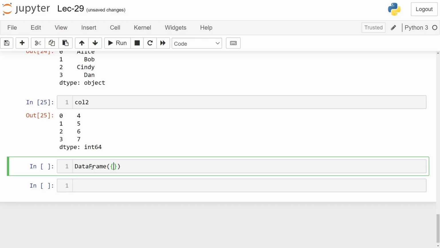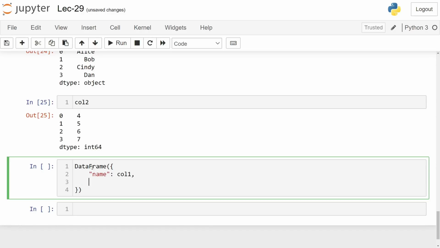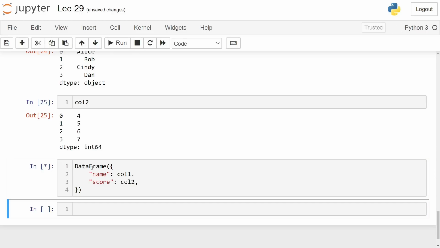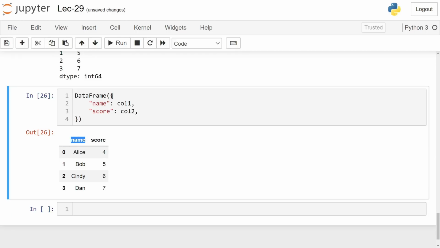So, and then I'm going to be creating this from a dictionary of lists. So the dictionary is going to require that I give them keys. These are going to turn into the column headers. So we'll have name and data, column 1, and then score, column 2. I don't need that extra comma, but it's just fine. There we go. So like I said, the keys from this dictionary,